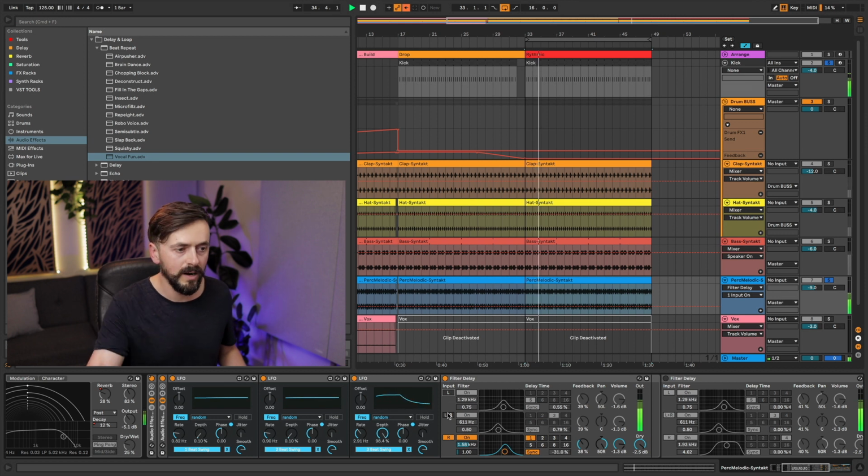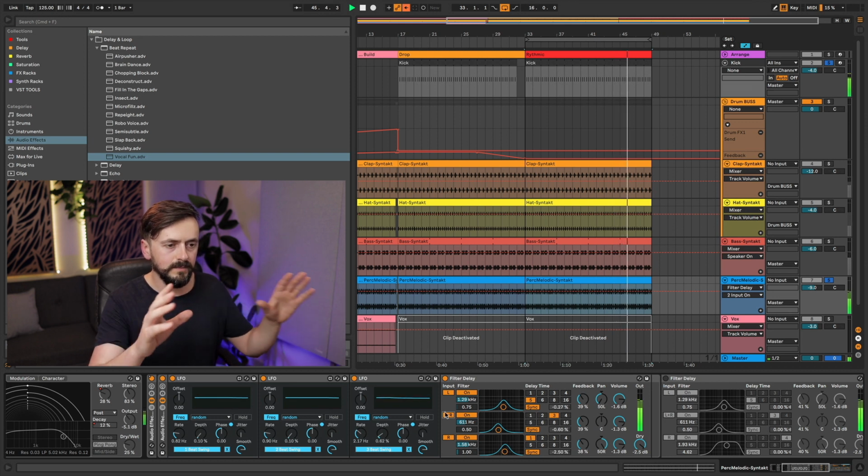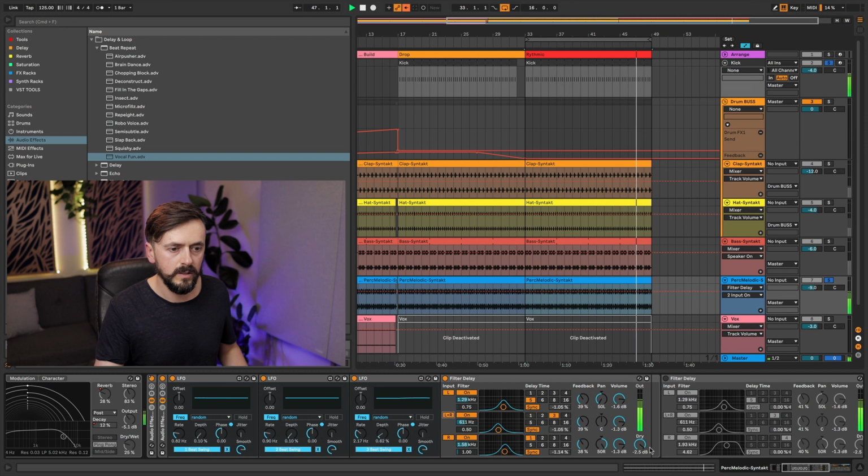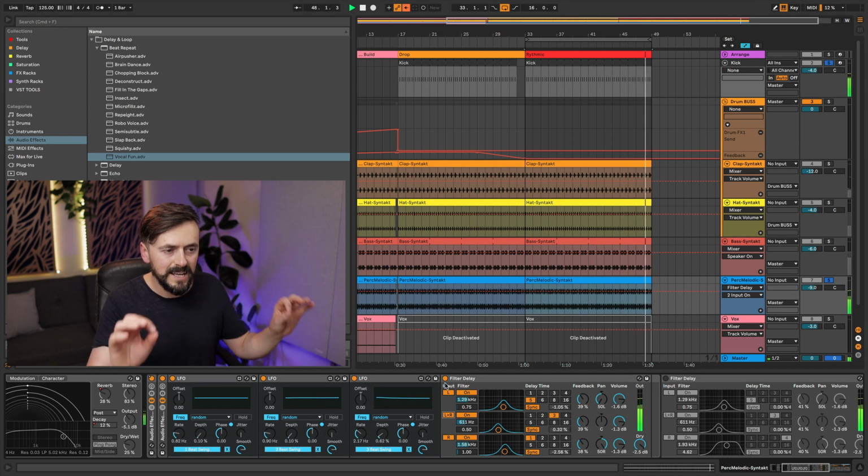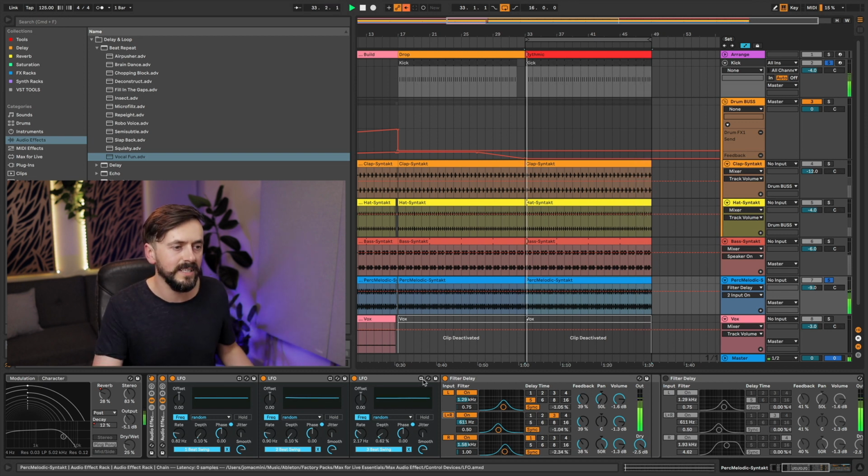So you can hear that moving around. So let's bring the speed down and then the depth amount down quite a lot. And let's turn the other ones on. So hopefully you can hear that. It's like slight fluctuations in the delay time. If I turn these off and put this one on,